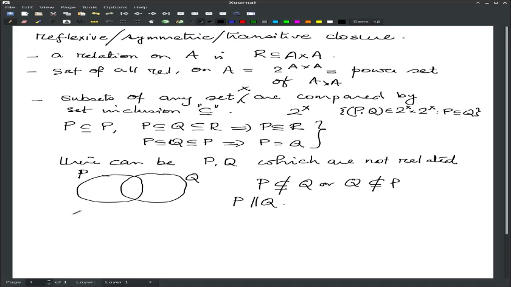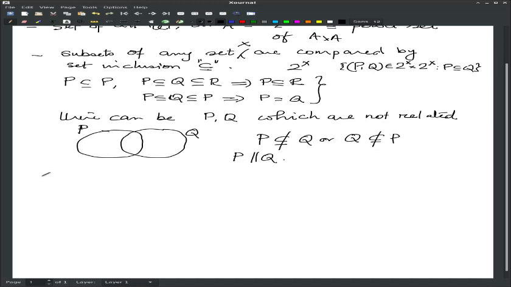Now, let's come to this. So we are defining